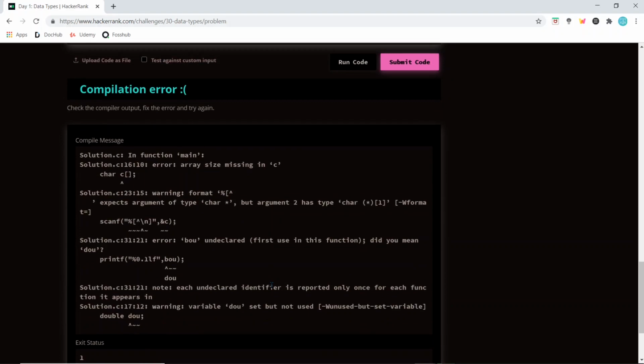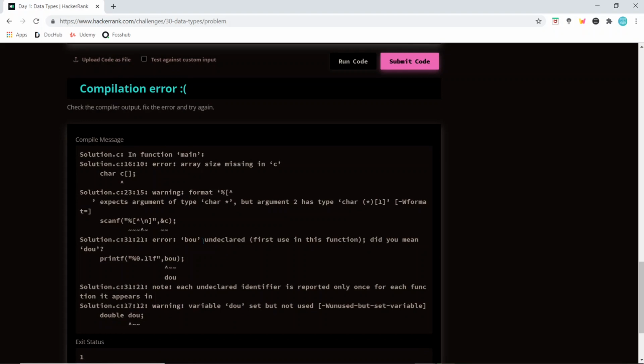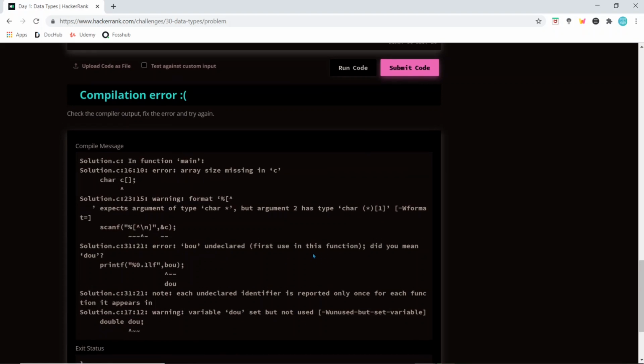Compilation error, it is giving a compilation error. The array size is missing in C. The second is format, this expects an argument of type char star. And this error is: dou is undeclared, first use of this function.